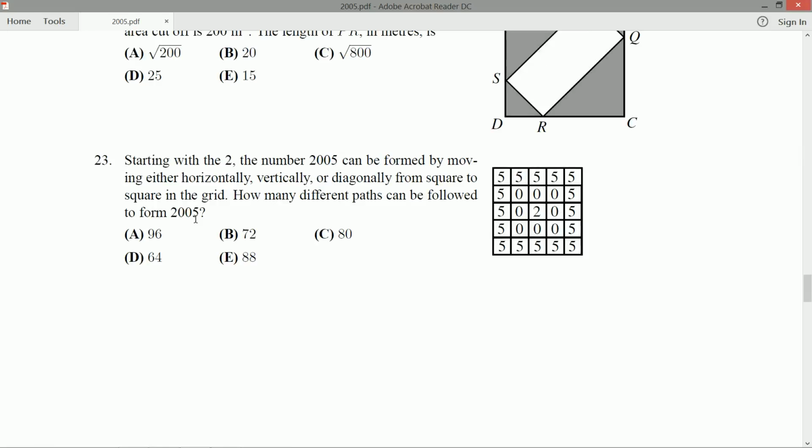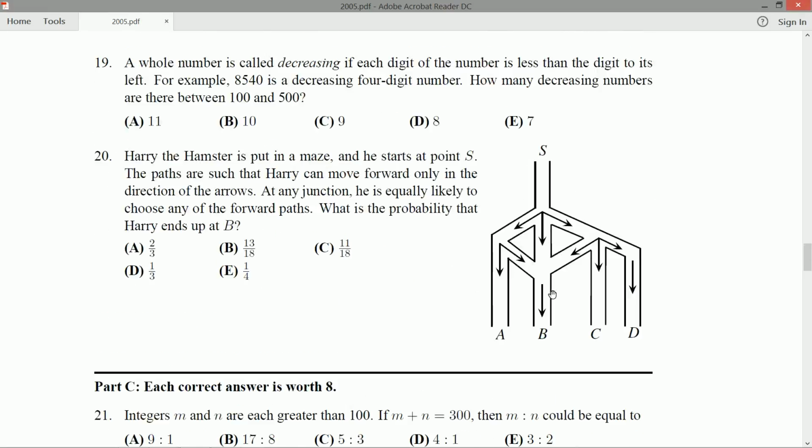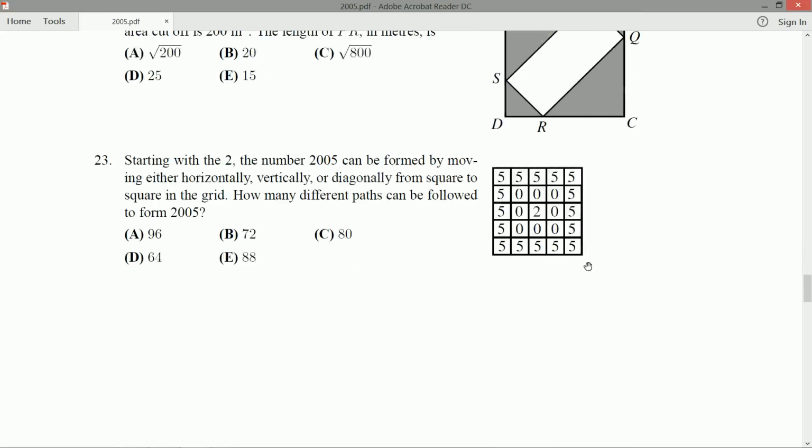How many different paths indeed? So, this always puts me in mind of a question. I think we did something similar. Yeah, with Harry the hamster, when we put him in a maze up here in question 20, we sort of marked on the tree branches the probabilities as we went through. And so I'm going to do something similar, but it puts me in mind of a question that